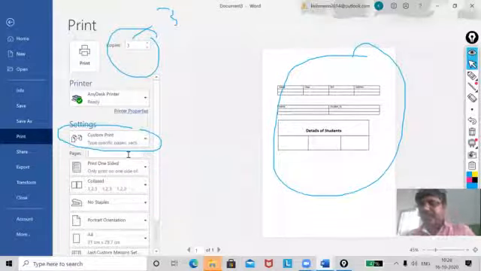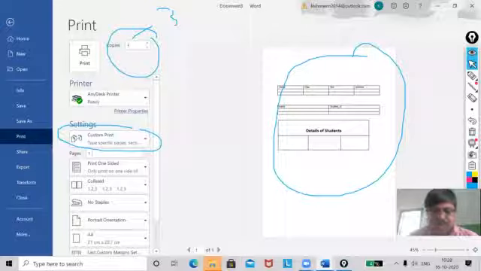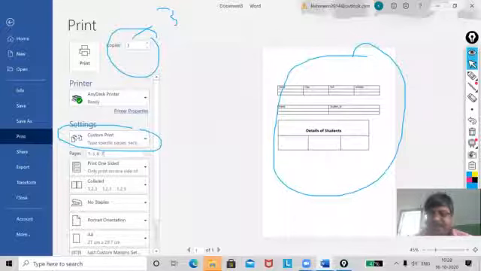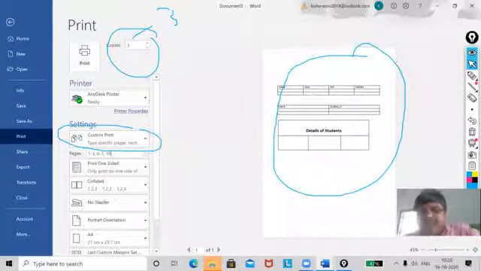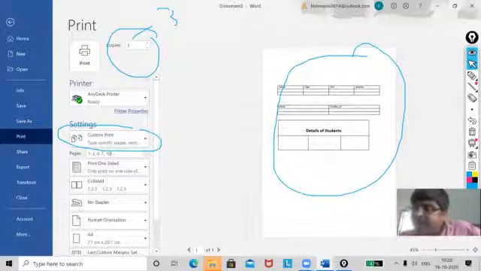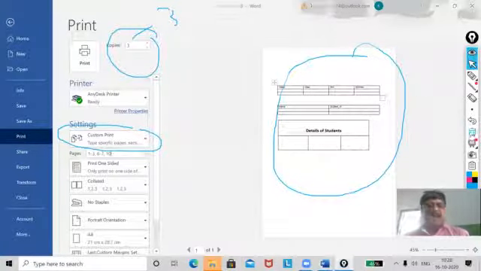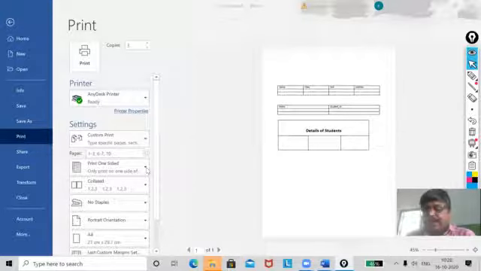Now watch it. I have 10 pages. I want pages 1, 2, 3. Only these pages 1, 2, 3. 4 and 5 should not be printed. 6, 7, then you use a comma, 6-7. And then 8 and 9 should not be printed. 10. Give it. So in this case, page numbers 1, 2, 3, 6, 7, and 10, only these pages will be printed. So it is up to you which way you want to do it. Clear?